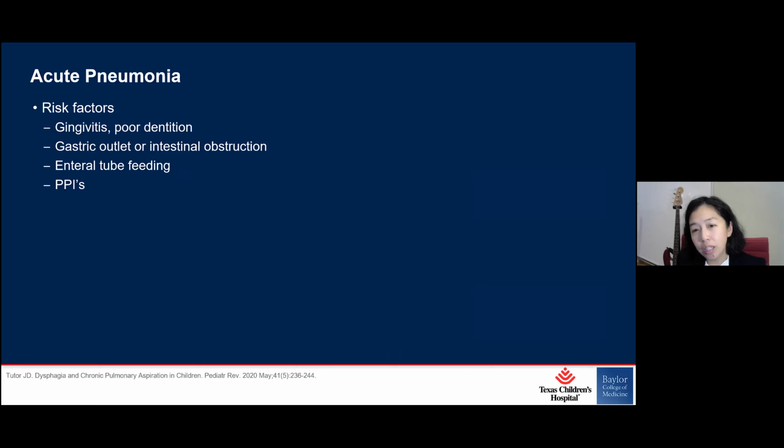pneumonia other than aspiration of food contents, right? The aspirated things that you eat would be poor dentition. So even our kids and individuals who do not eat by mouth, we should try to make sure that their oral care and dentition are as good as possible. And certainly reflux of gastric contents, if they have delayed gastric emptying and they're vomiting a lot, can be even worse due to the pH, because you can actually get a pneumonitis, which physiologically is different from acute pneumonia, but it certainly exacerbates things.